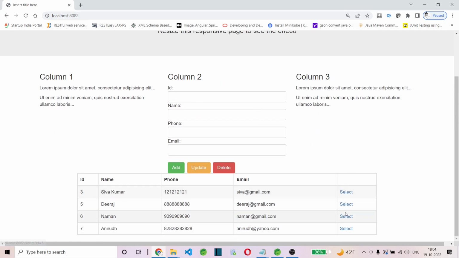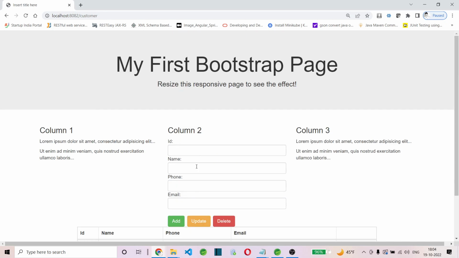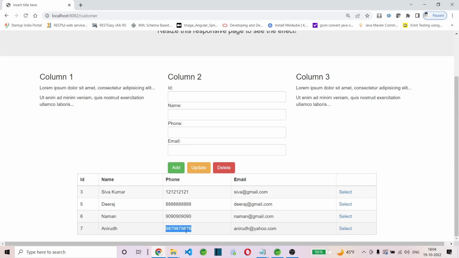Now I am going to select Naman, and can you see all are available also. Naman is selected also. Dheeraj is selected. Sivakumar, Anirudh. Now you can go and update. You can change the values. Update. You are able to see the updation also. Here it is coming blank, which means we have called home. Home is giving a plain object, that's why. You understand the point? So control shift